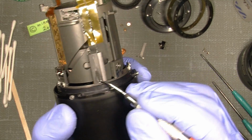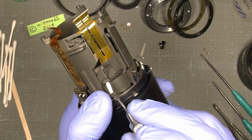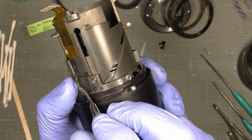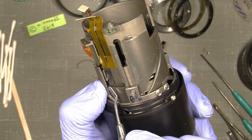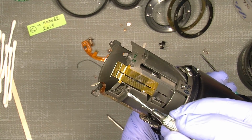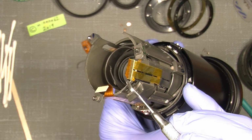But you can see the point is that the focusing key is very close to the cable, because the adhesive tape here has loosened over time, and when it's loosened there's not much space between the focusing key and the flex. So one needs to press it a little in and stick it onto the tape again to make it possible to actually focus again. But another thing is, in the repair manual, the two wings here on the side of the flex should sit just above the tube here,